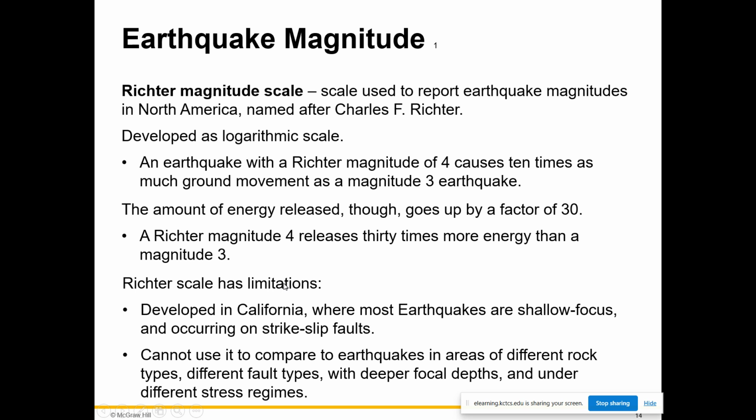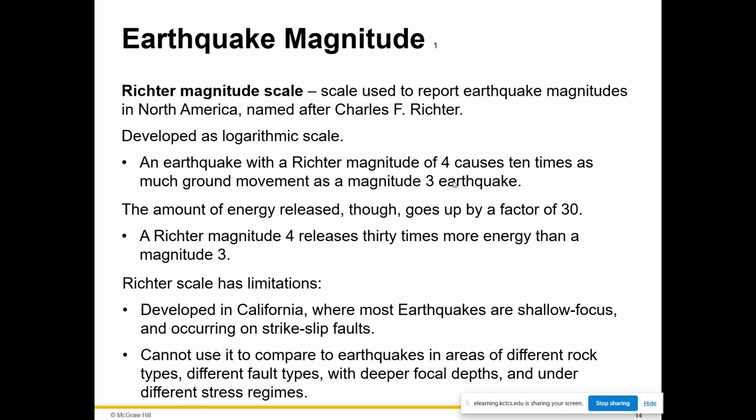Different ways of measuring the magnitude. The first and probably the most famous way, even though this isn't really how earthquakes are reported anymore, is the Richter scale. It's logarithmic, so you have 10 times more magnitude or earth shaking between a 3 and a 4. Now, however, the amount of earth shaking isn't the same as the amount of energy released. So between a 3 and a 4, you have a difference of 30 times or greater of energy released,